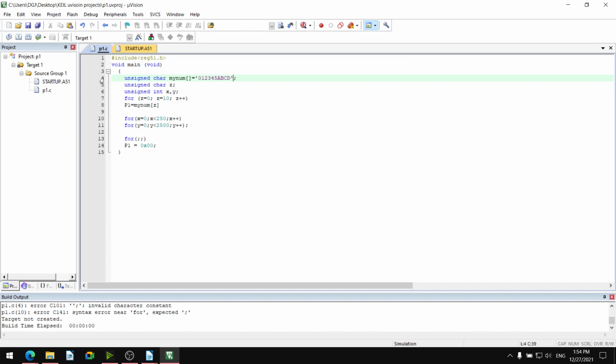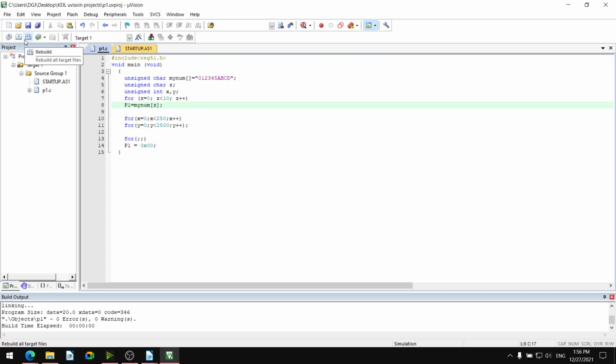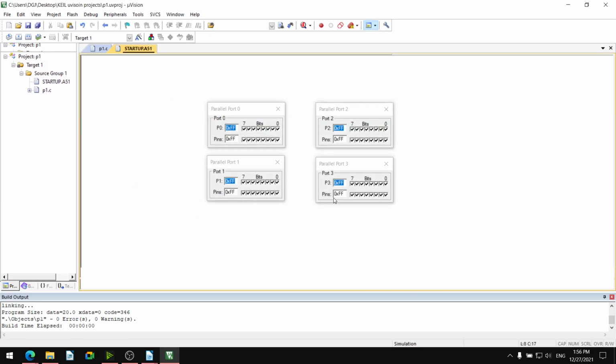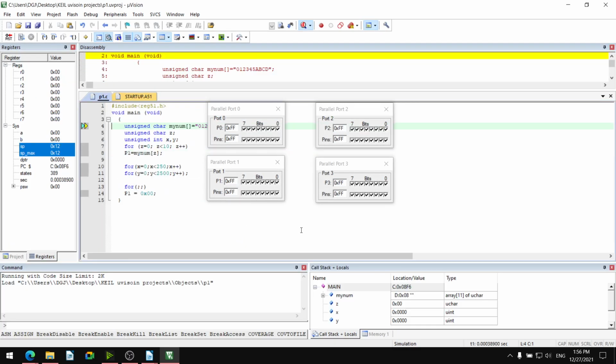4 and 10. So save the file, build the file, there are no errors, no warnings, debug the file, and debug session starts.